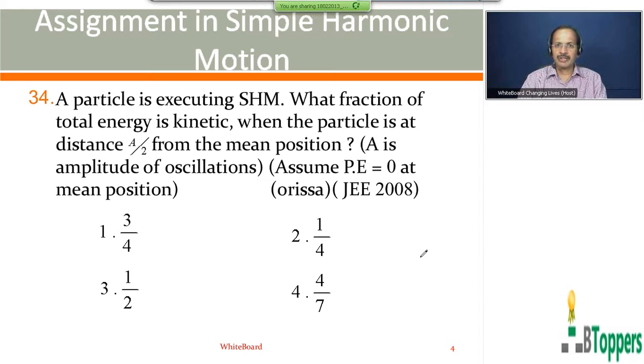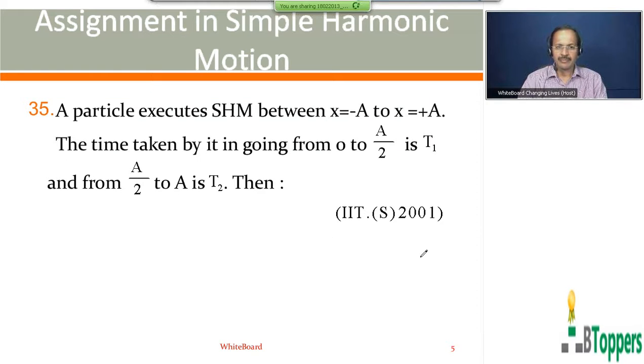So I am going to show you the next question on screen. Question number 35. A particle executes simple harmonic motion between x equal to minus a to x equal to plus a. The time taken by it in going from 0 to a by 2 is t1, and from a by 2 to a is t2. Then